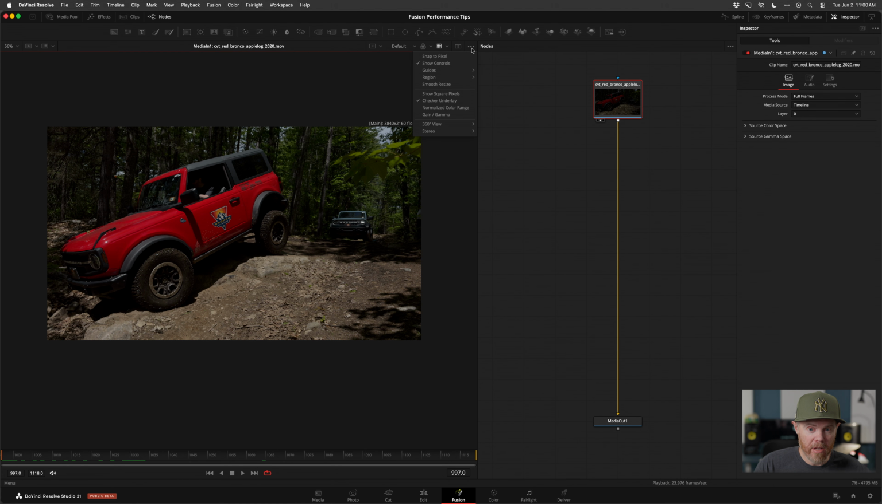Domain of definition is another way that you can improve your rendering and playback time significantly. And the way that works is by going to the 3-dot options menu over here, and we'll go to region, and we'll say show DOD. And basically, once we do that and click in the viewer, you see this dashed line. Basically, this is the area that Resolve Fusion is going to do calculations on. So like the